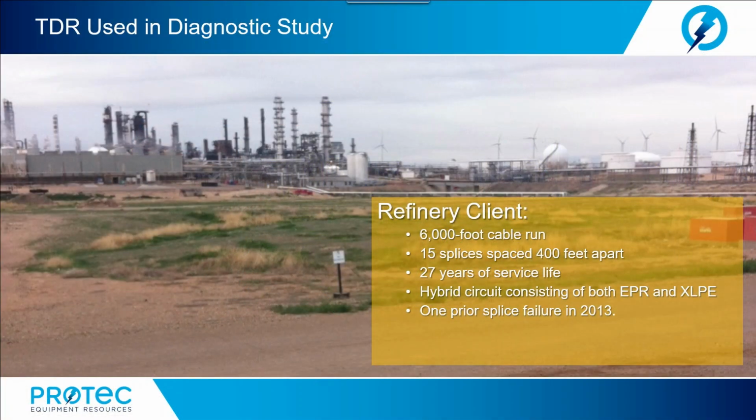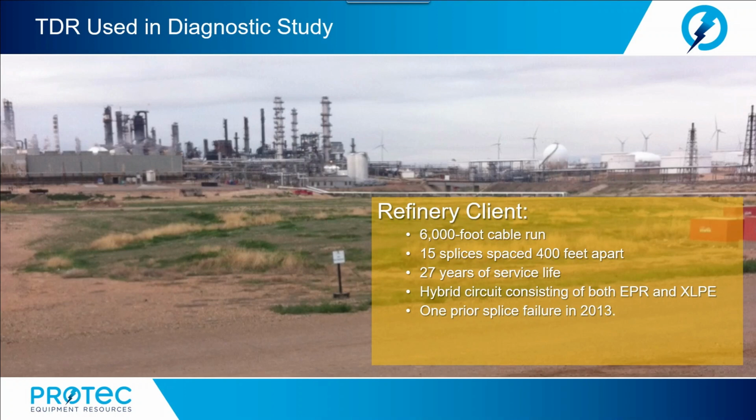All right, let's take another look, a practical look at the use of a TDR as it was applied during a diagnostic study for one of our clients. Now, the client was a refinery, and they had a 6,000-foot cable run that was acting as one of their feeders. Along the 6,000 feet, there were 15 splices, spaced about 400 feet apart. The cable actually ran underground, and then every 400 feet came up to the surface where there was a splice pad, and then would go back underground and would continue for the